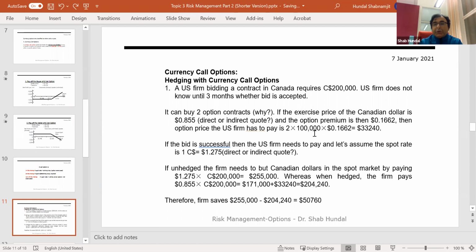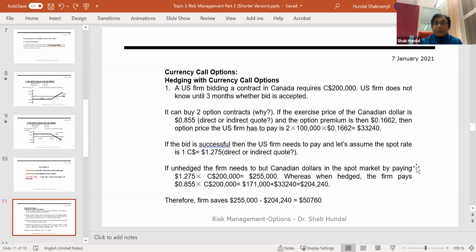And if you want to buy 200,000 Canadian dollars, then if you multiply them, it comes to 33,240 American dollars. And why did I split 200,000 into 2 times 100,000? The standard contract is 100,000, but because you need 200,000, you multiply by 2. It means you need to buy 2 bundles of